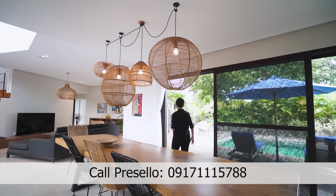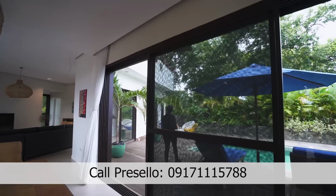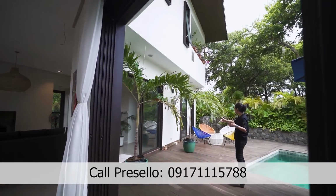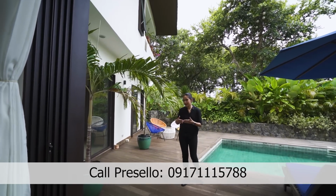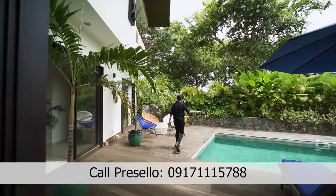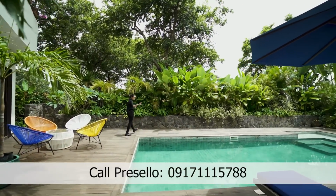Ganda na layout. Then when you go out here on the deck, actually mas ma-appreciate mo yung shape ng bahay dito. You can see the boomerang shape that I've been talking about. It's like an acute angle. Para siyang ganun. Then over here in the backyard, you have, again, lots of garden space, but mostly a deck